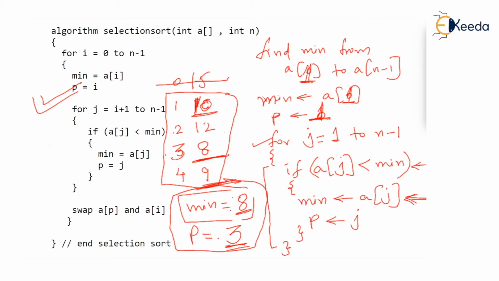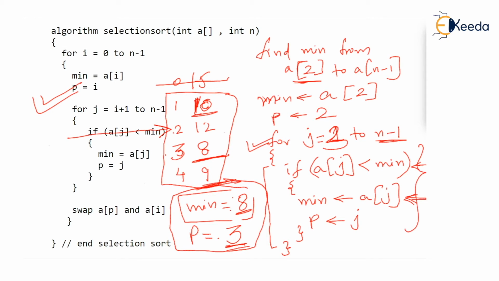And what about the for loop? J will begin with 2 because the next element will be compared, isn't it? Next element after 10 will be compared with the minimum and J obviously will go from 2 to n minus 1. Are you understanding? And what if I change the problem again? Don't find minimum from 1 to n minus 1, but look here, I'm changing the problem. Find minimum from A2 to A n minus 1. So obviously you will say that minimum is A2 and position is 2, isn't it? Start assuming that the topmost element A2 is minimum and position is 2 and you will start J with 3 and go up to n minus 1 and repeat this for loop.